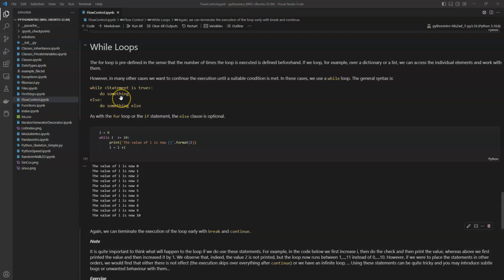Hello and welcome. We now look at a different way to control program flow in Python. Remember that previously we encountered the if statement and the for loop, and now we look at while loops. Remember that for for loops, we loop over a predefined list of items, and we know this beforehand